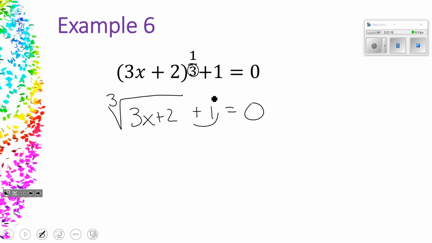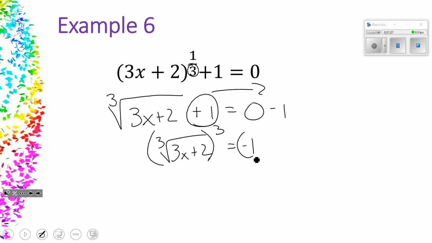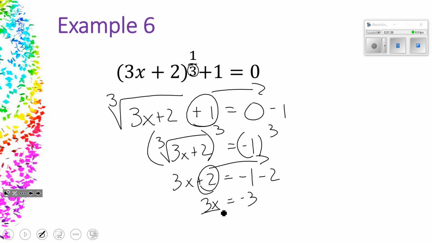So if I move the 1 over and subtract 1, the cube root is equal to 3x plus 2. If I raise it to the 3rd power, I get 3x plus 2 is equal to -1. If I subtract 2, 3x is equal to -3. And if I divide by 3, x is equal to -1. My question is, does -1 work? Yes. If you do your check step, it should work. Okay, and you can check it this way, or you can use the radical, because they're the same thing. Questions? So let's